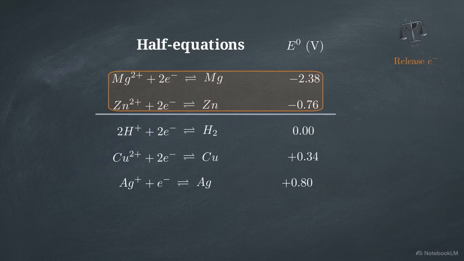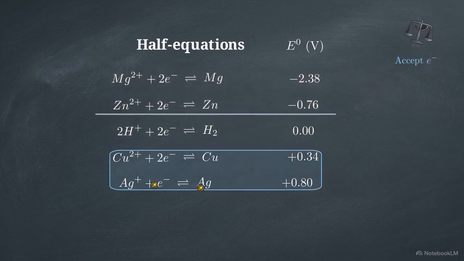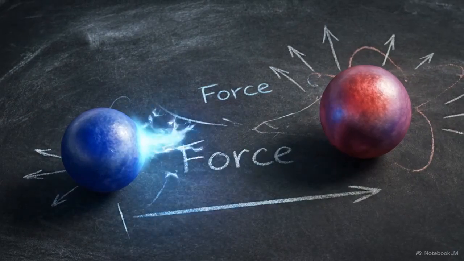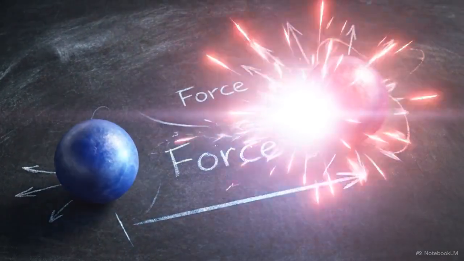Negative values indicate a strong tendency to release electrons, acting as powerful reducing agents. Conversely, positive values indicate a strong tendency to accept electrons, identifying the strongest oxidizing agents. The table functions as a predictive cheat sheet, revealing exactly which atom will win the tug of war for electrons